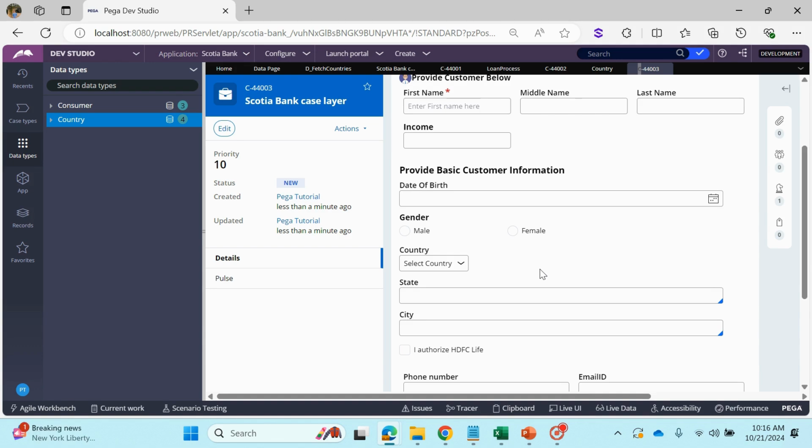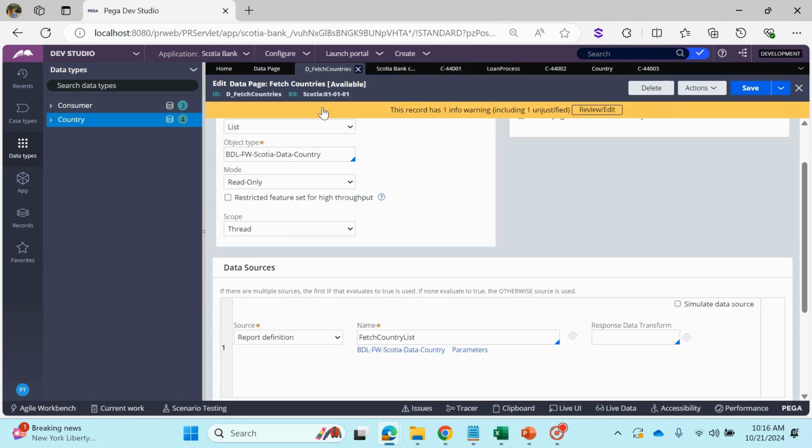Aboli is trying to create one more application, I mean one more insurance she wants to take. That time again it will be updated with new data, but until she logs off and logs in back, or until she closes the case, the newly updated data will not come. Because each transaction, if you want to get the fresh data, in that case you have to go with this thread scope. But the requester scope is like, if you maintain your data page as requester,